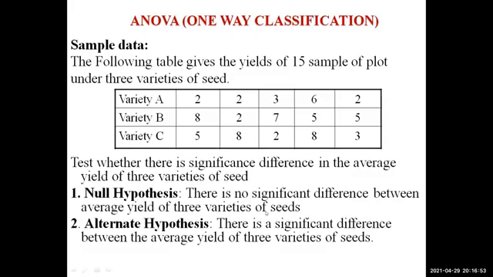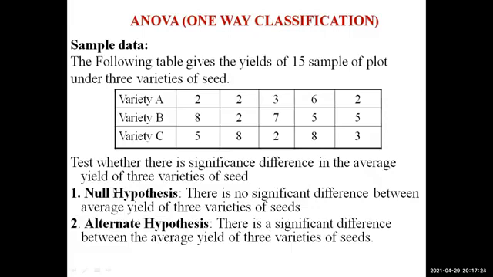That's why I told you, this 2, 2, 3, 6 is data, that is called a sample. You got 15 samples with you, and based on that you want to measure whether there is any difference between the 3 different varieties of seed. If I use variety A, this is the value I'm getting. This is a sample that I collected. Similarly for variety B, similarly for variety C.